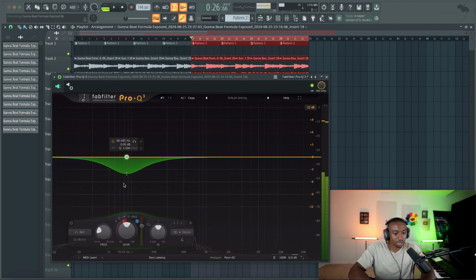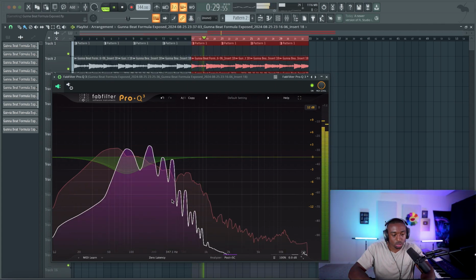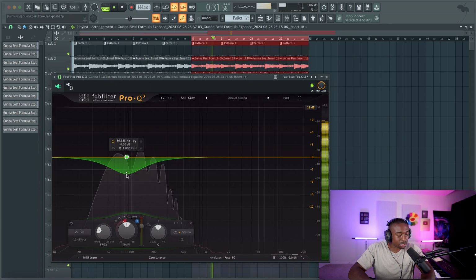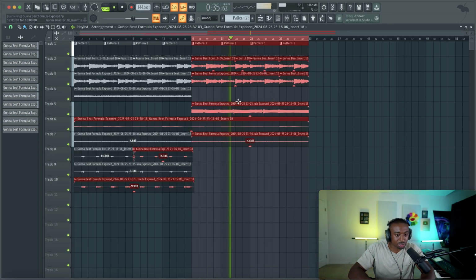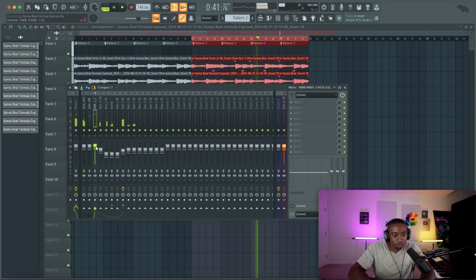So now every time the kick hits, it will lower the bass in this area. So now they're not gonna fight for that same frequency space. We're not taking away the whole bass, just parts of it. Now we can push the bass and the kick.